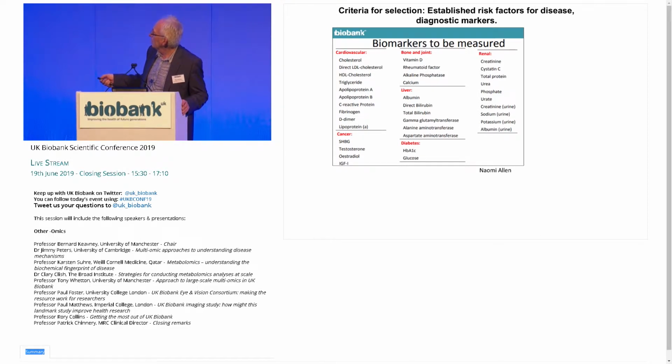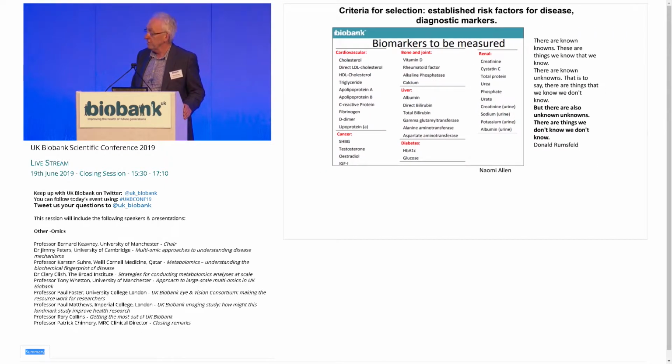And then you've got, obviously, with respect to cardiovascular, you've got cholesterol, et cetera, and then we've got some hormones down here. So these are what I'm going to call the known knowns. There's more than 200 biomarkers that you can measure in peripheral blood, and they're not measured in the UK Biobank so far. So those are the known unknowns,